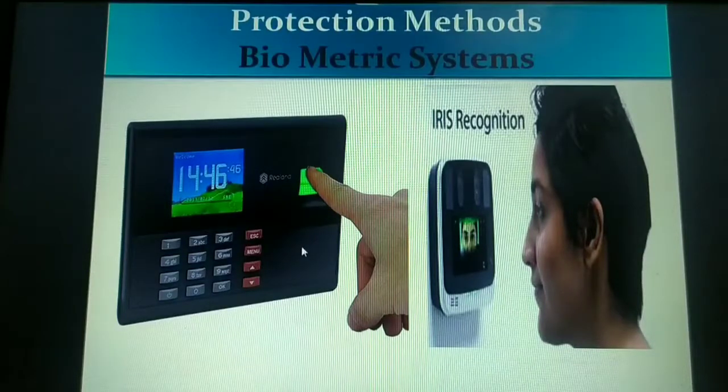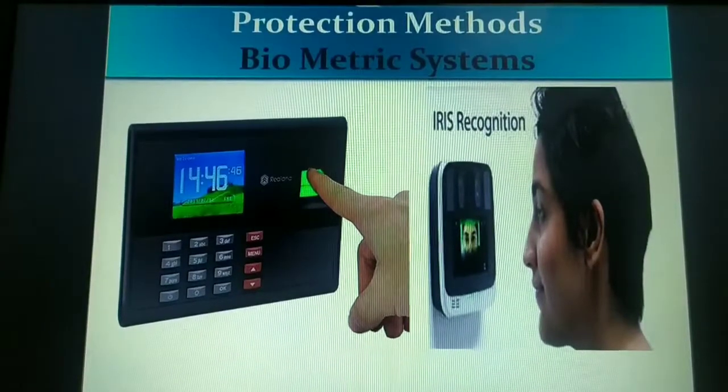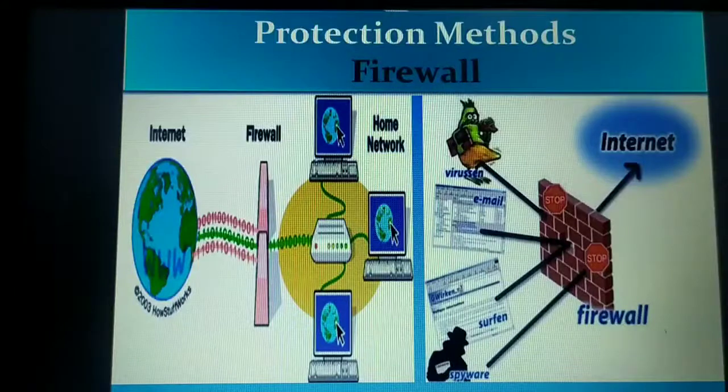organization. In our college also, all we lecturers have a biometric form, that is, it is taking fingerprints. Okay, so that's why we say biometric systems are one of the most secure forms of authorization. So let us continue with our next topic, that is the firewall. This is also one of the protection methods.